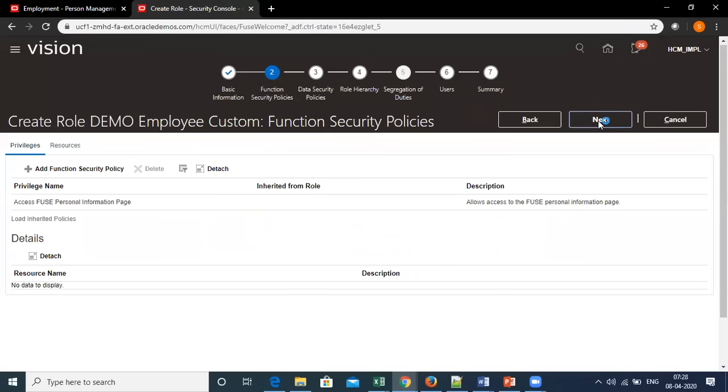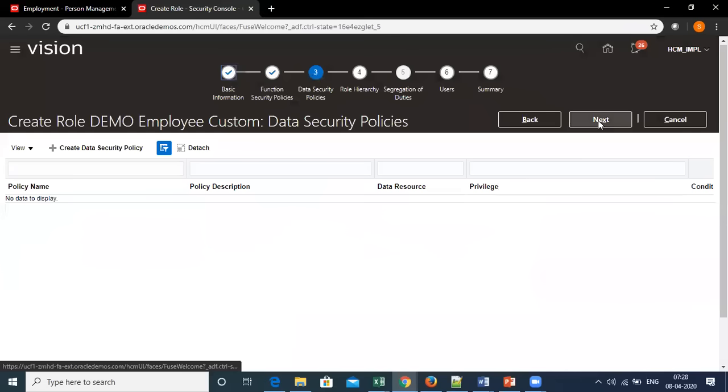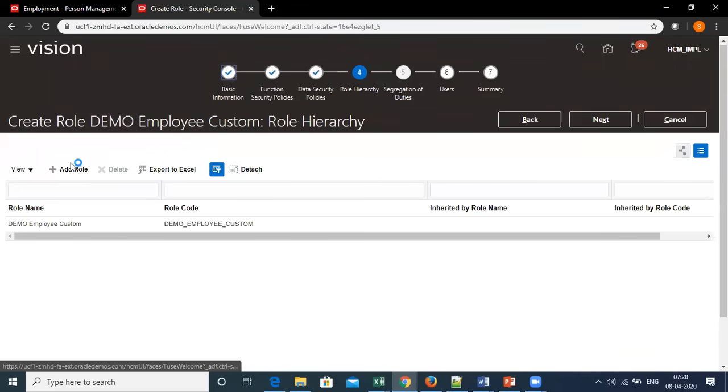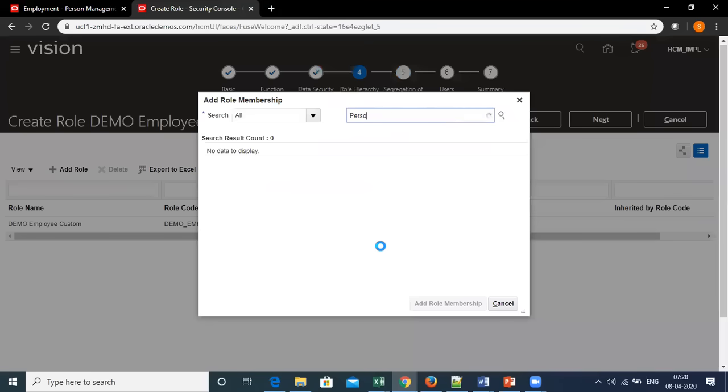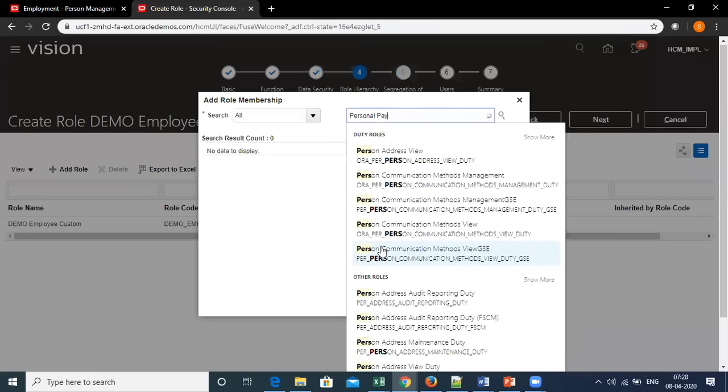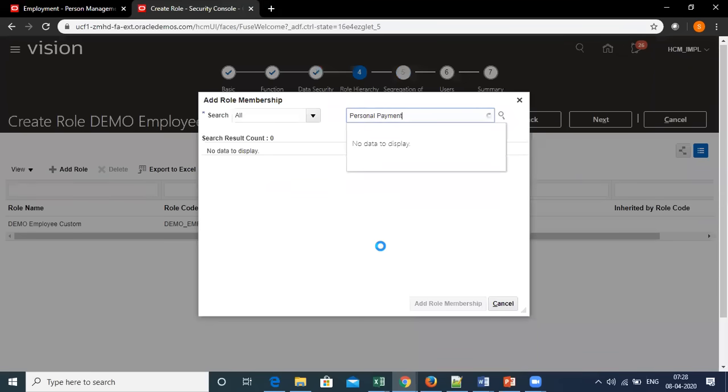Similarly, I can go to next screen. Again, as I said, duty security policies are primarily handled from other different screens. So I will skip this page and I'll come to role hierarchy. Let's say I want to give access to change personal payment method. That is my bank account.